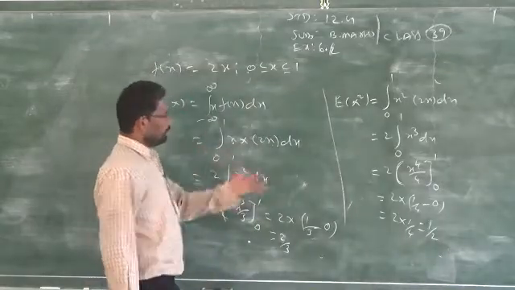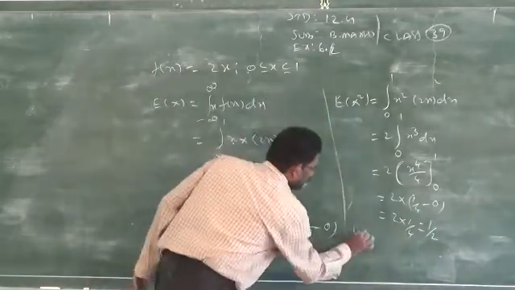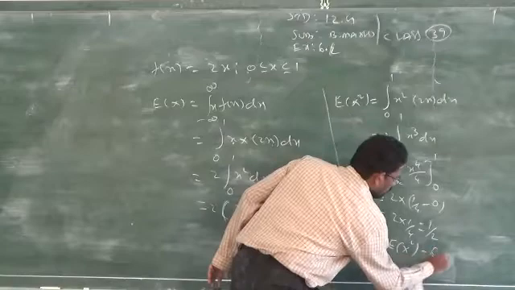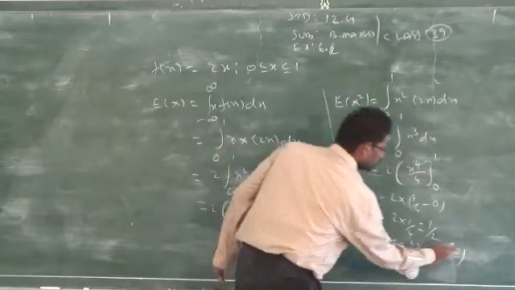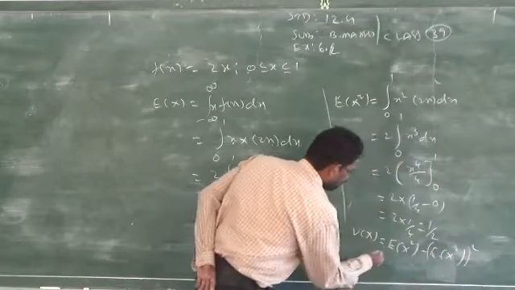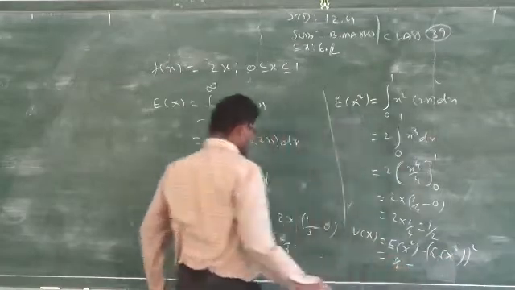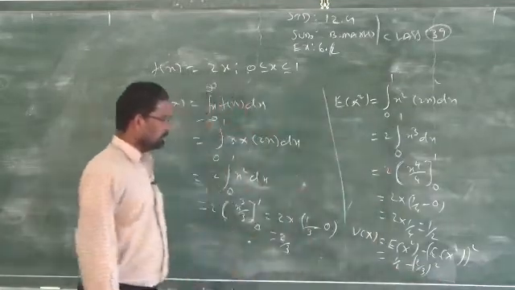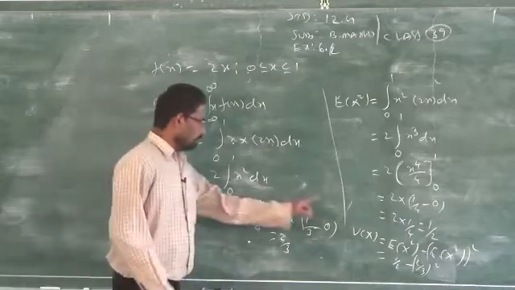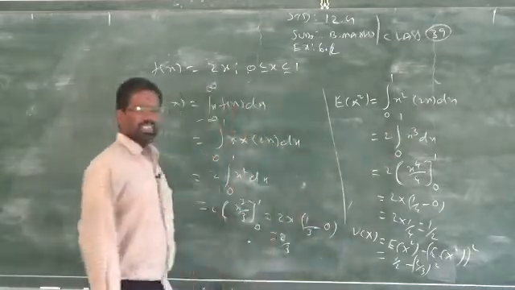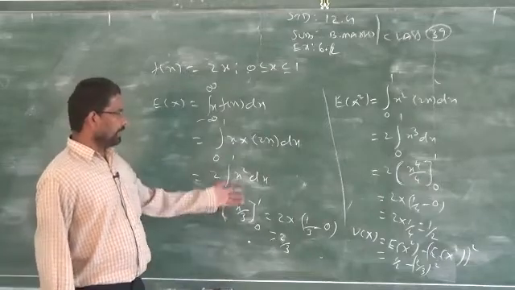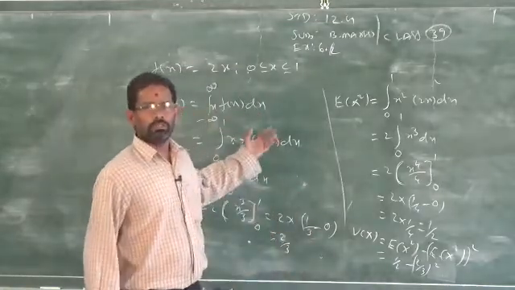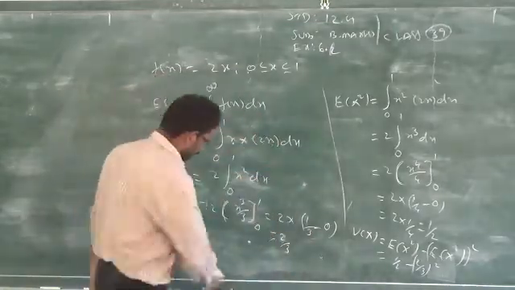Once you know E of x and E of x square, we can easily find out variance of x by using the same formula, both discrete as well as continuous. Be careful, E of x square is how much? 1 by 2. E of x I found 2 by 3, the whole square. Just you have to simplify, you will get the answer V of x. Then you can easily find out standard deviation by taking square root of variance. But they did not ask to find out variance, I am just teaching you how to find variance of x whatever the question is given. Clear?